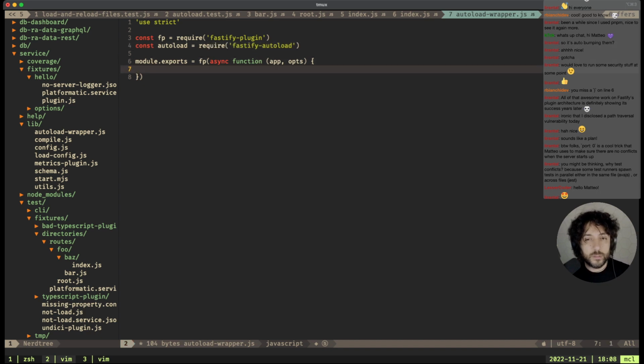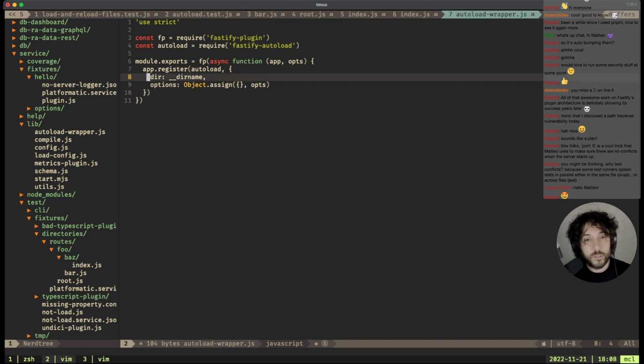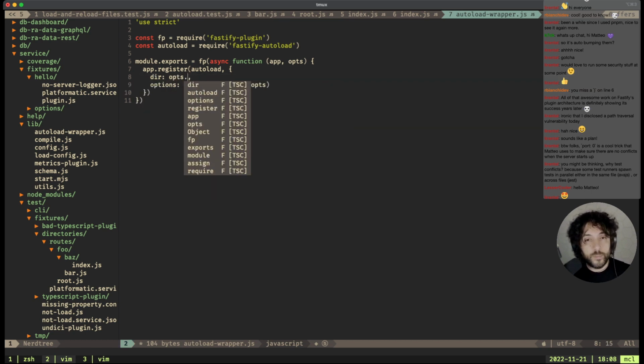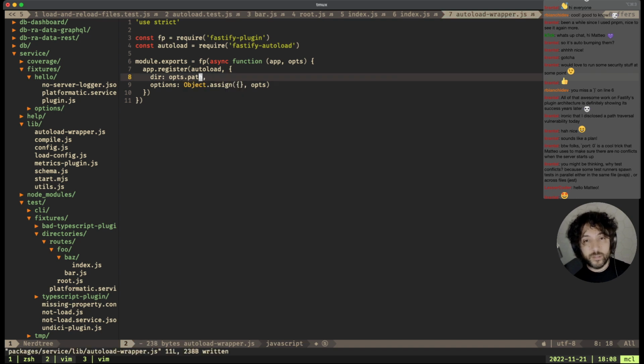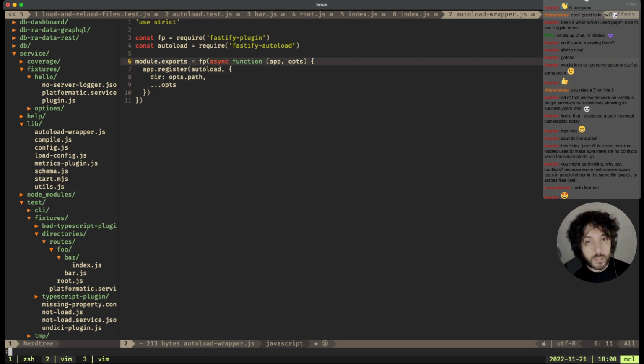Okay, so now I need to register autoload with the path as the directory, and then options here. Okay, and then